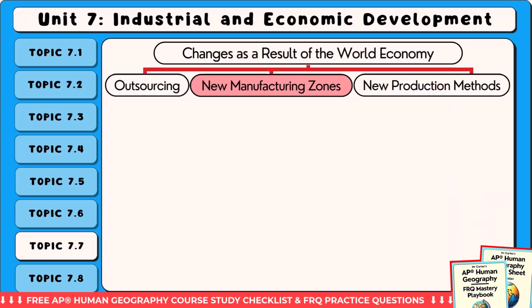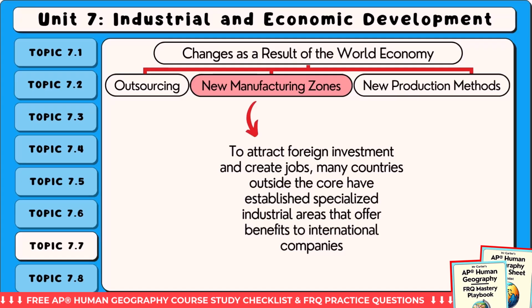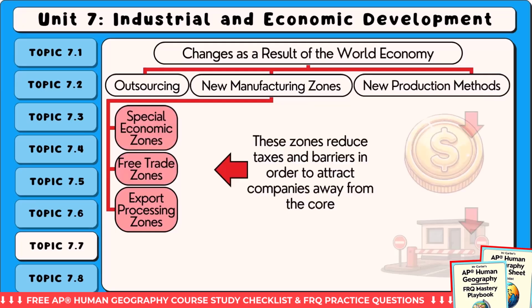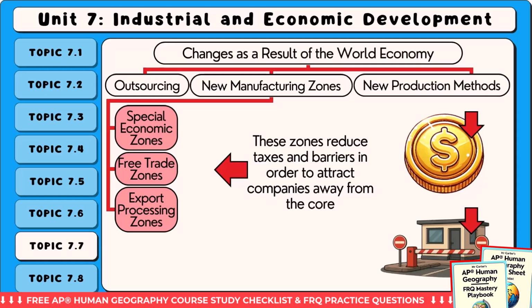Okay, now let's look at the emergence of new manufacturing zones. Essentially, to attract foreign investment and create jobs, many countries outside the core have established specialized industrial areas that offer benefits to international companies. These are typically called special economic zones, free trade zones, or export processing zones. All these zones have the same intention. They reduce taxes and barriers in order to attract companies away from the core and into semi-periphery countries, but I'll